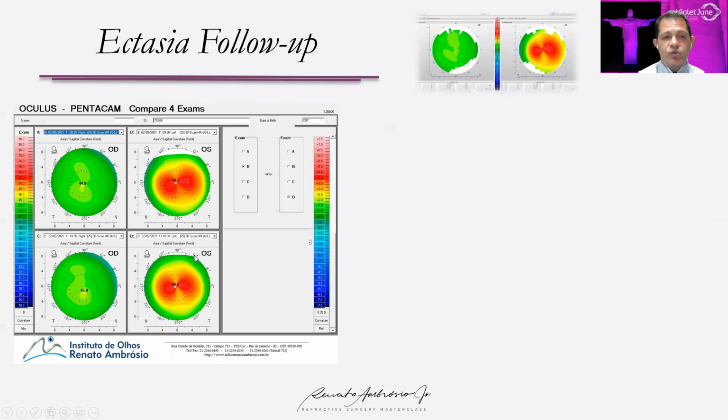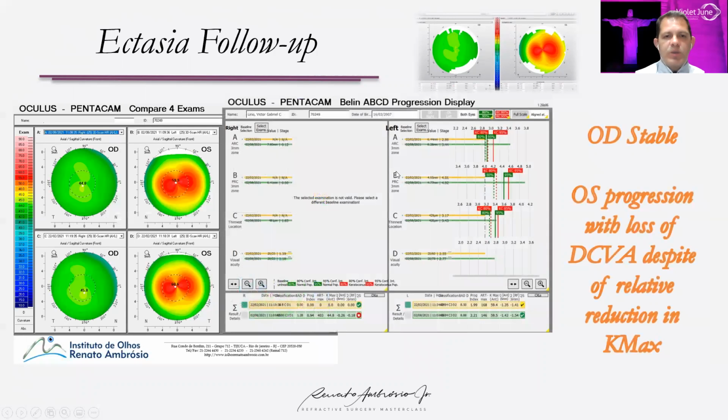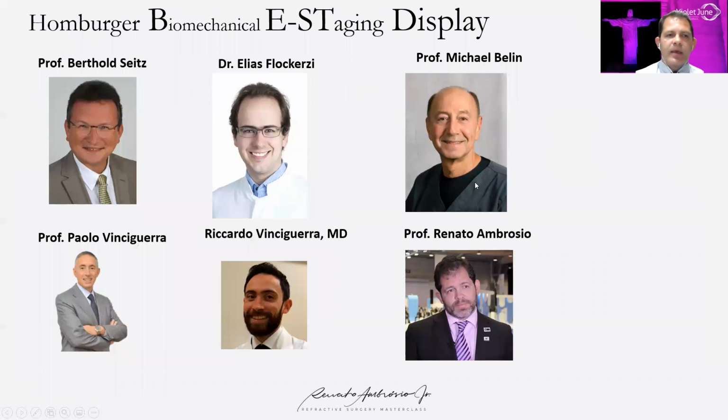He decided not to do surgery, even though I told him he should do surgery right away, which is something that I don't do for all cases. But you see the progression occur here. When we look at the Kmax, you may be misled, but at subtraction maps, there is a clear steepening in the zone, which is obviously very nicely detected by the ABCD. A final